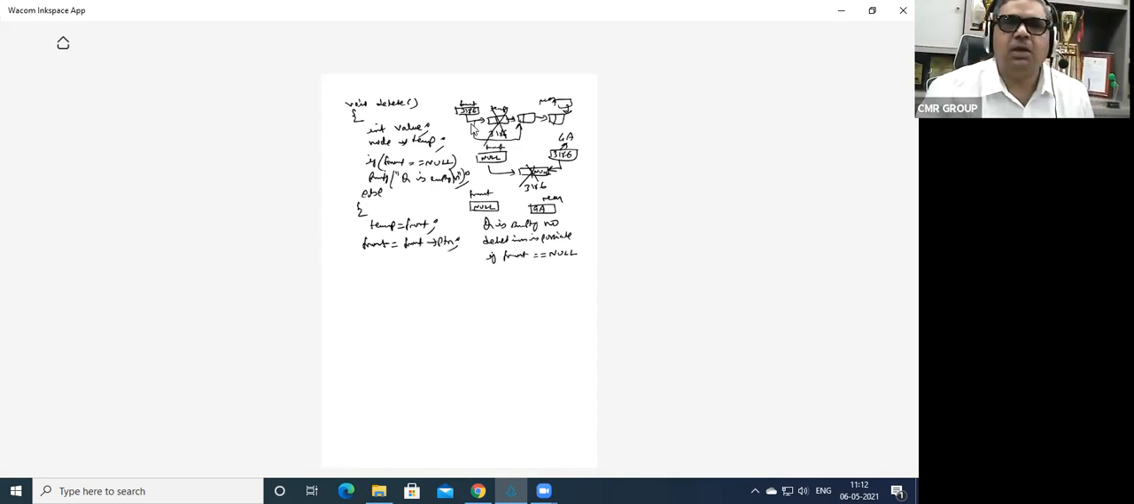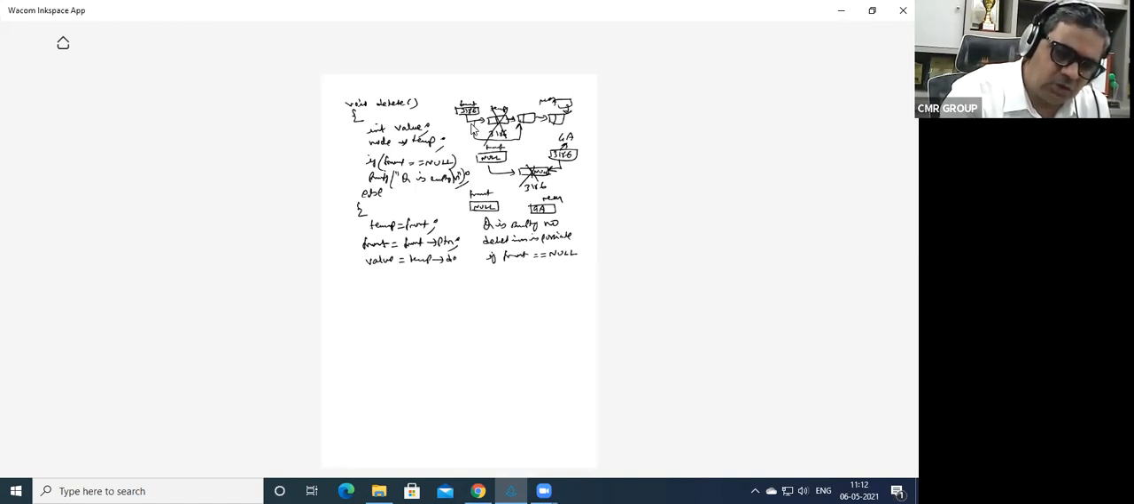Front arrow PTR. So you have now deleted this, right? You have changed the link. Now let us take the value, right? So what is the value? Value is equal to temp arrow data. It is stored in temp arrow data. Okay. Now you say